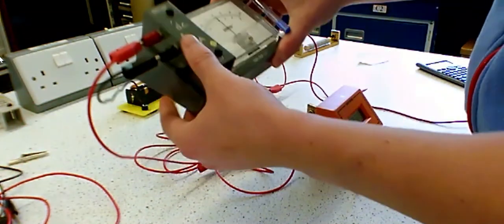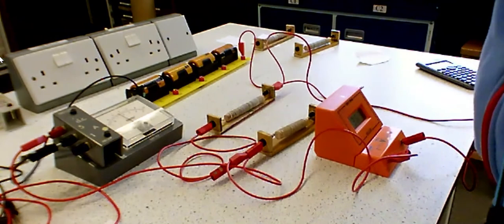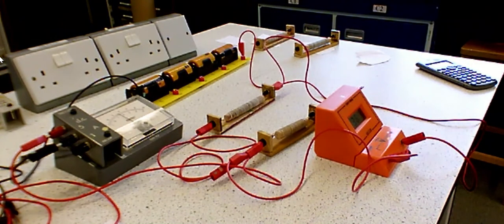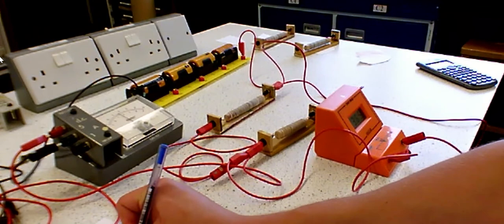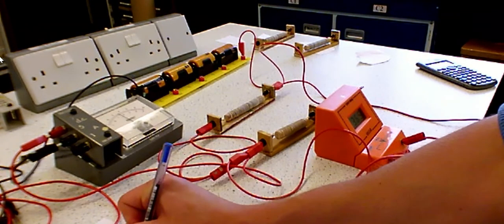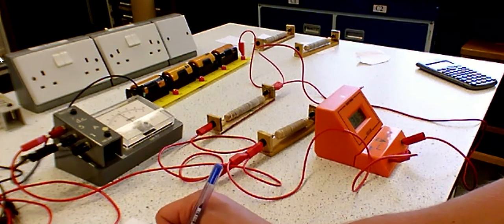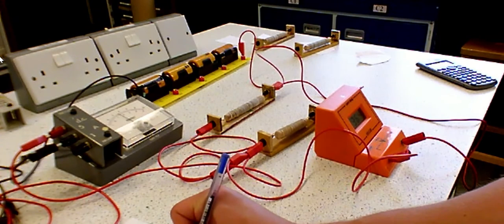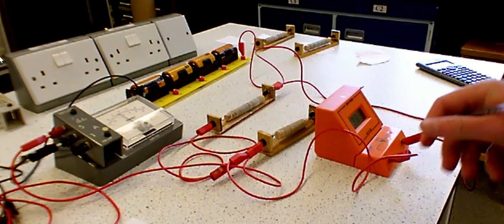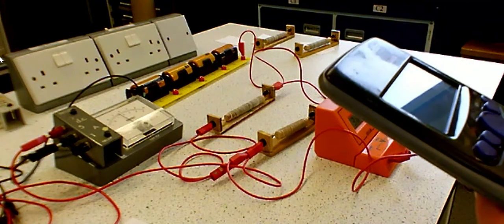So our current is, I'll put it down so it's not shifting. Our current is, we've gone up here. So we've got a current of 1.6 amps. I have changed the setting, so it's gone up to the 5 amp again because it went off the top of the scale. Potential difference is 3.64 volts,